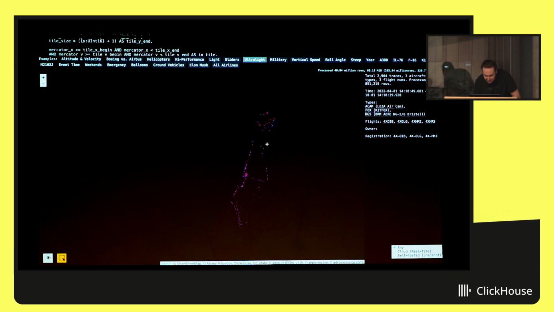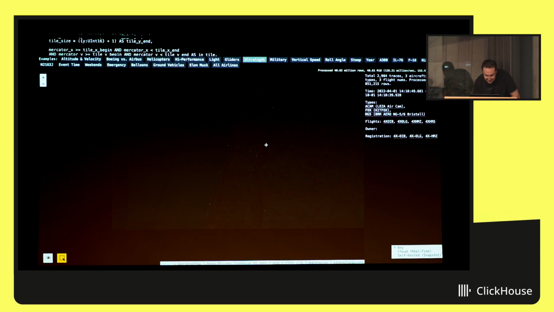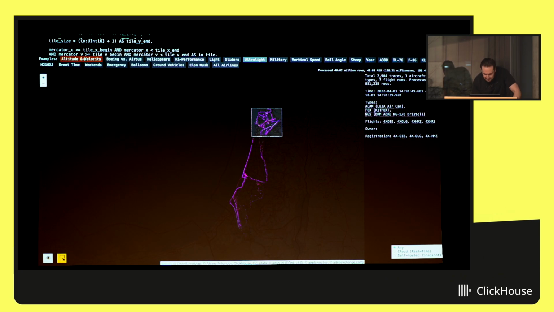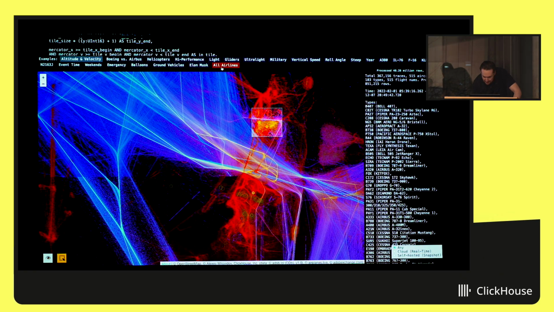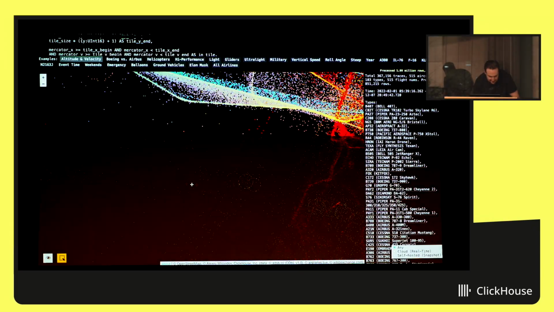I don't know exactly, but most likely patrolling vehicles. Let's again switch to. This is interesting.